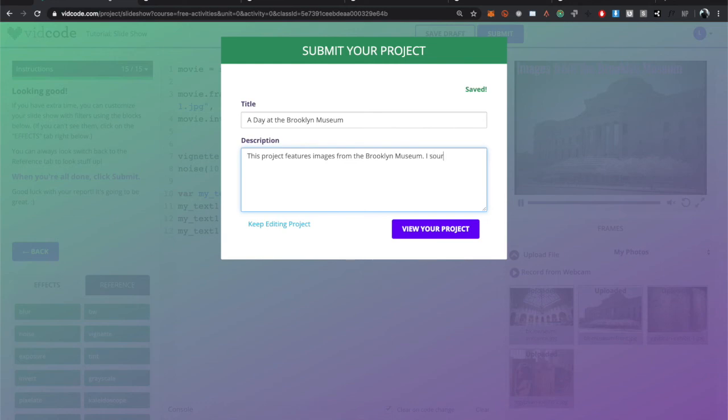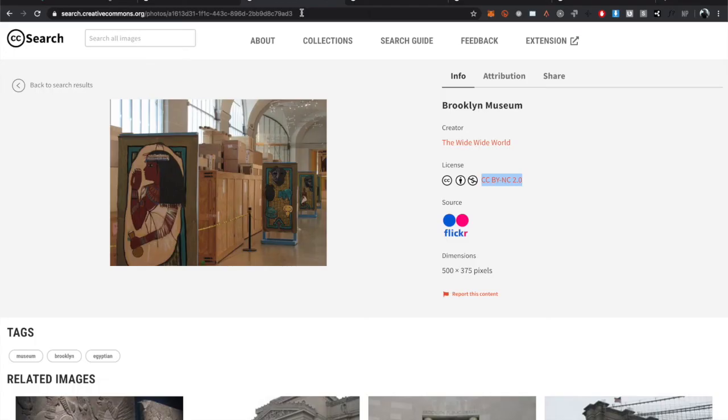And then I sourced these images from creativecommons.org so people know where I got them from. And then I'm actually going to write where I got these from and what kind of license I used and link back to them. So here I'm going to say